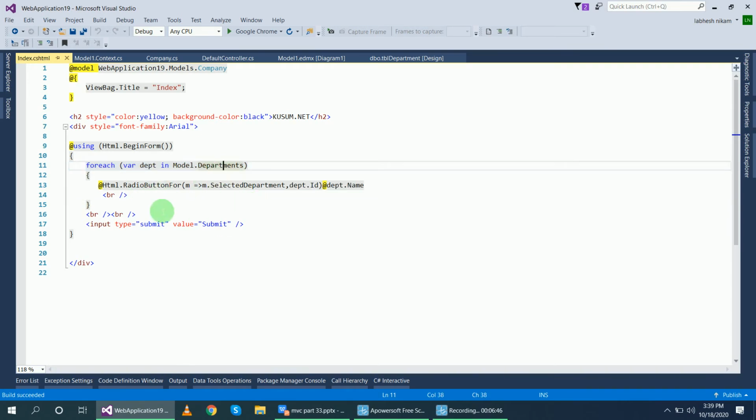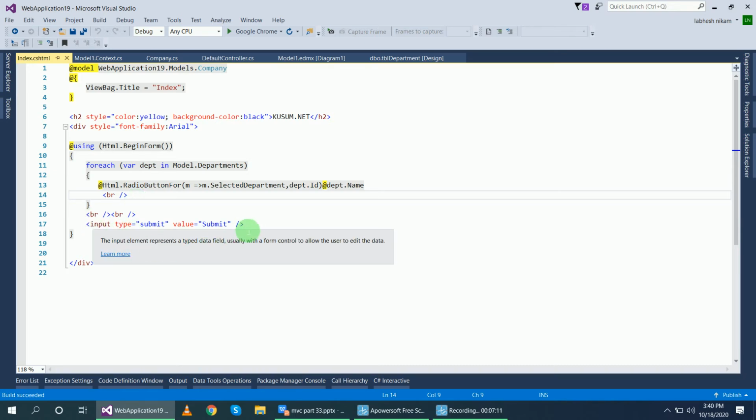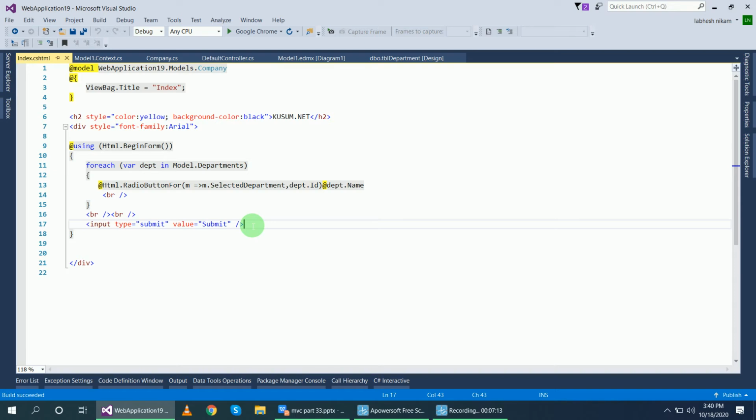Inside of that I have passed the radio button using a lambda expression m => m.SelectedDepartment, then department.ID and department.Name. Inside of this I have passed the br tag to generate the list vertically, and this input button to submit the value.